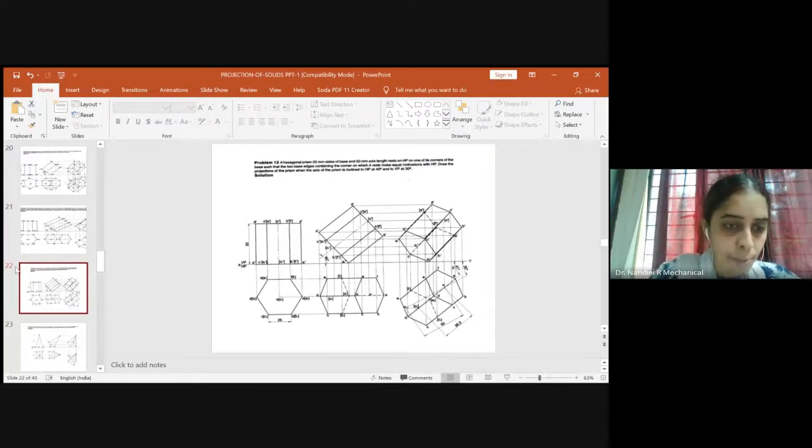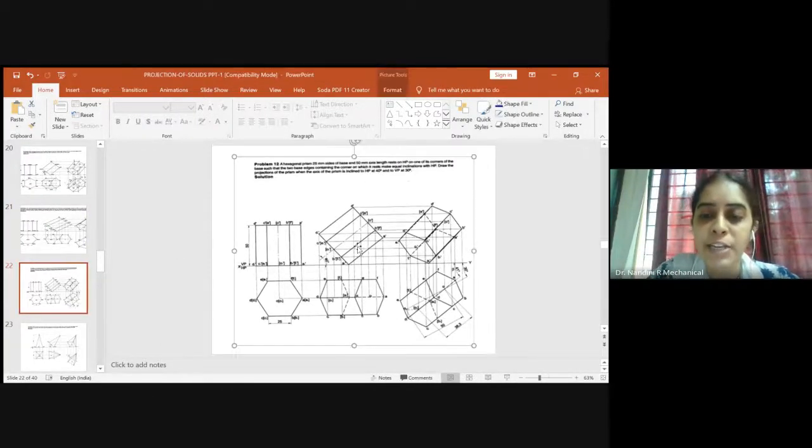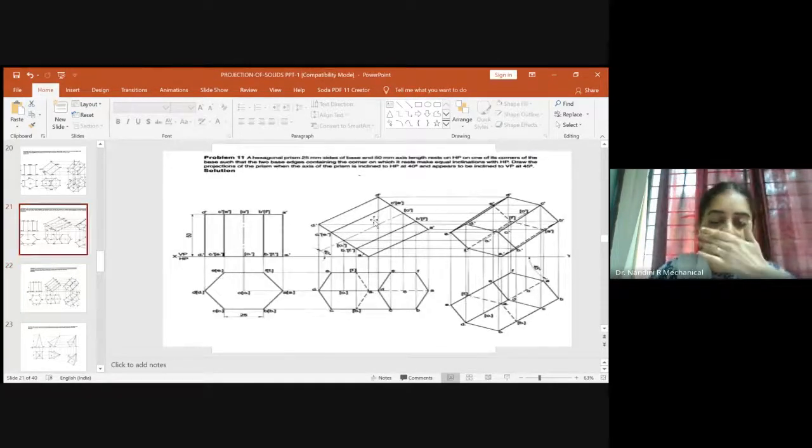Okay, so for this problem, the first and the second stage will be the same. I won't be repeating the same thing. I have shared the videos also. I will be sharing the videos by the end of the day. Here you can see, this was a problem we have solved currently, where there is no apparent angle determination because the axis appears to be inclined.